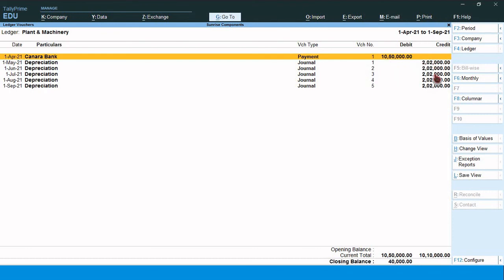After deducting 5-year depreciation, that is 10,10,000, the estimated scrap value of 40,000 is showing here. It is an estimated scrap value, so till then it is an asset. So you remove this.